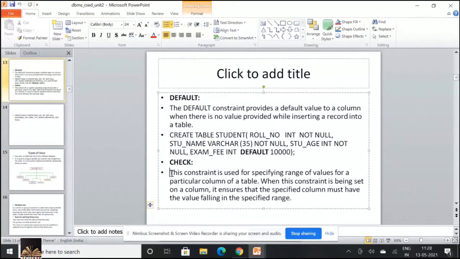So what I do is create student with name and age. So age should be greater than 18. So what I try to do is create table student, name is variable character 30, comma, age is integer, check age greater than 18.